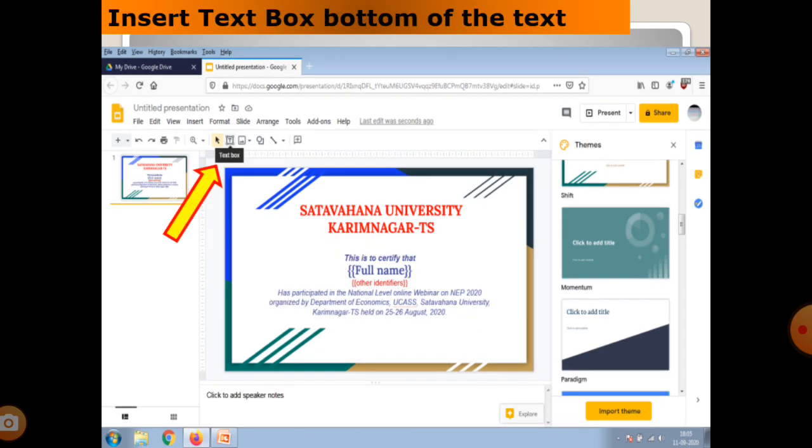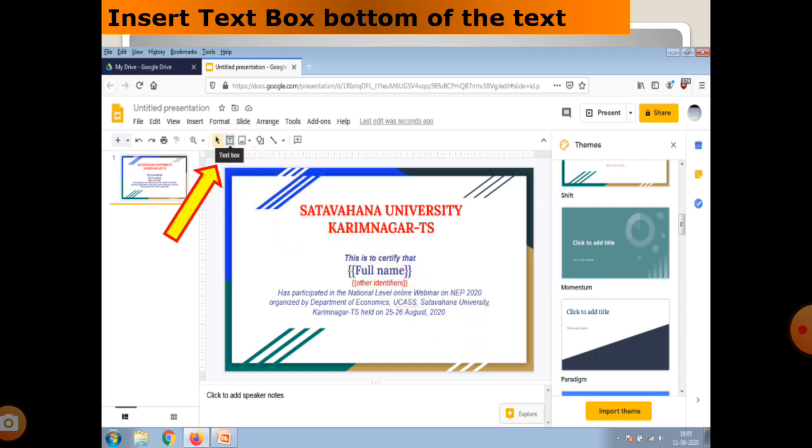Next, this is the text box. I have already inserted this text box in the untitled presentation, and now I want one more text box for the convener, to type the convener name. So I click the text box.